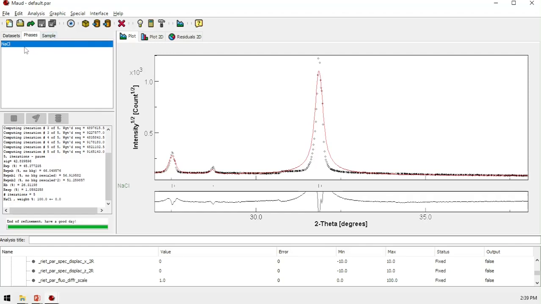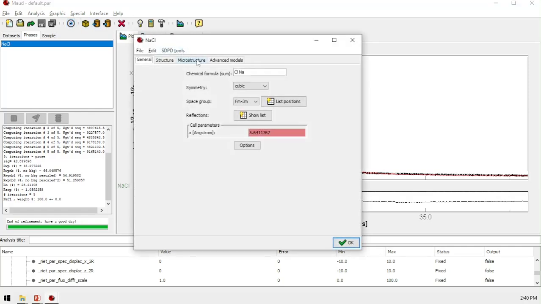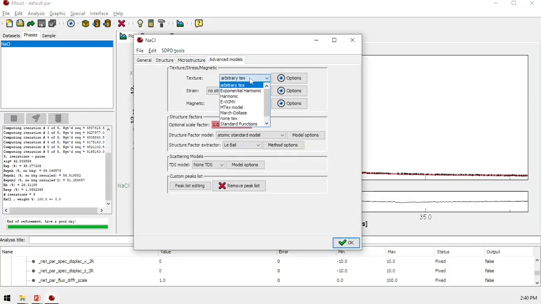crystalline structure, and to do it we have to open this crystal structure, sodium chloride, and then open edit, and then we put the texture to non-texture. It means that we assume that all the grains are randomized, and also have the same grain size.